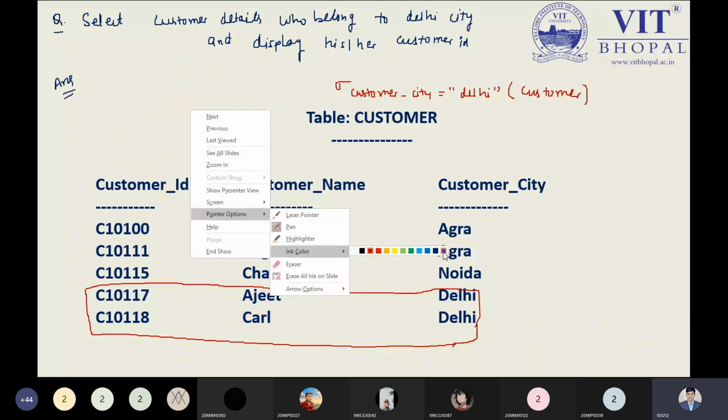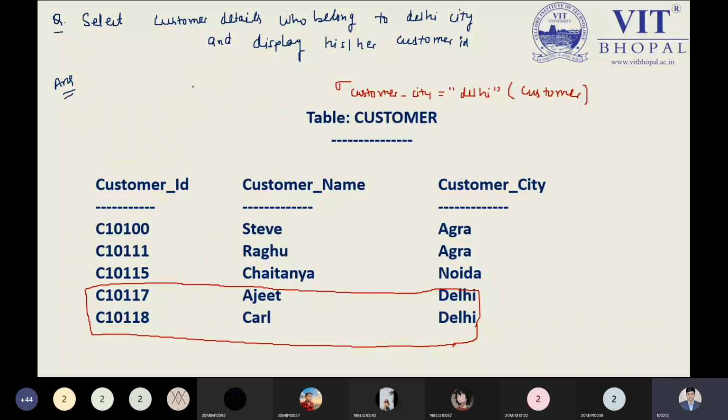So I need to display only the customer ID. I will use the project, the pi symbol, and display here the customer ID. So I just need to display the customer ID only from this part.